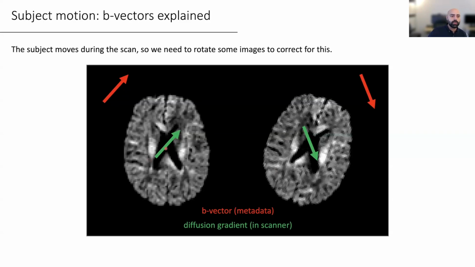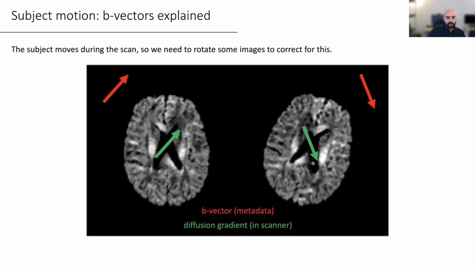Now, you've seen that if we apply a gradient this way, for example in the first example on the left, where water diffuses parallel to this vector, we will get a signal attenuation. And where water diffusion is perpendicular, like in this part of the corpus callosum, that signal will stay pretty intense. It's this difference in intensity, that signal attenuation, that we care about when we model diffusion. And you see that these two examples were picked because they show this nice contrast in the